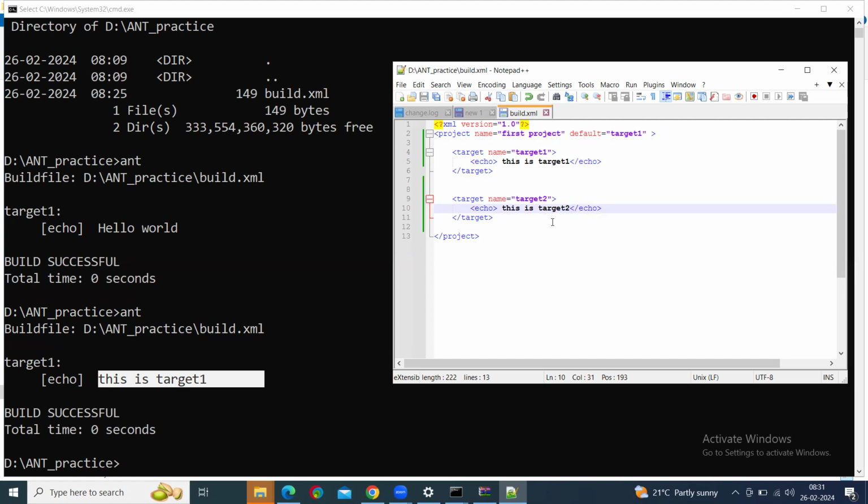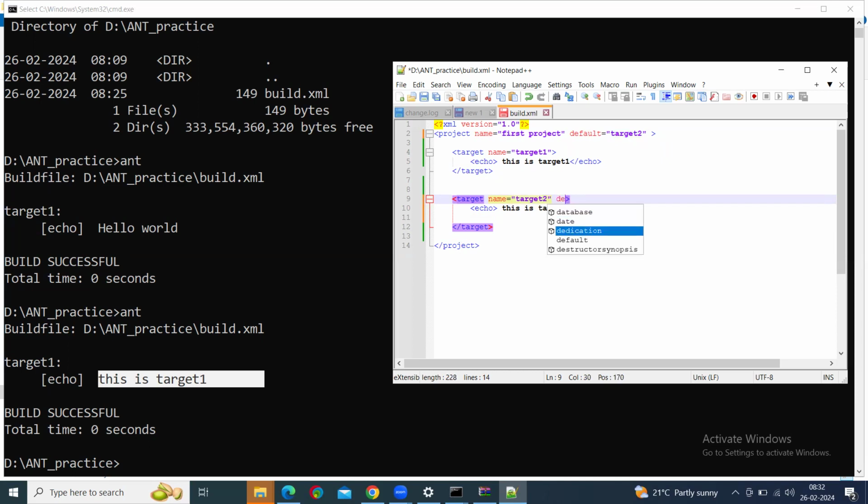Here, okay, there is a slight change here. So now I want to run target 2 first. And after that, I want to run target 1. Give target 2. Okay, fine. And after that, I want to run target 1. So now this is target 2, right? I want to create a dependency. Okay. After target 2, go to the target 2. First line, name. After name, target 2. After the double quote, type depends. Depends is equal to